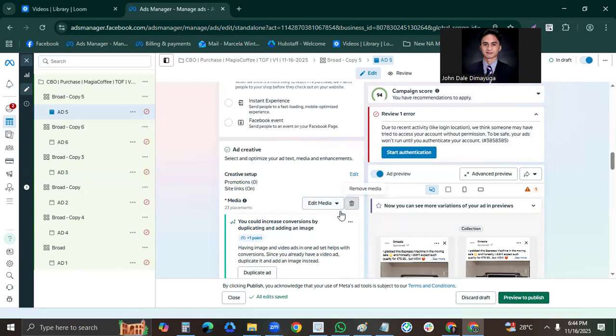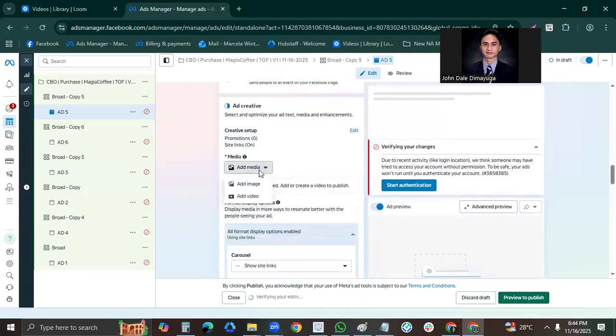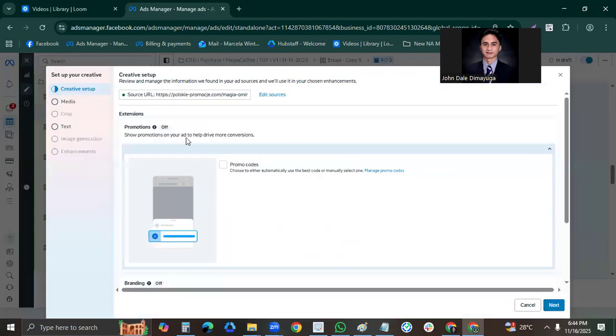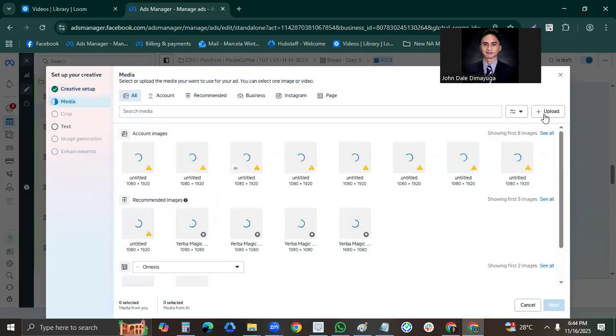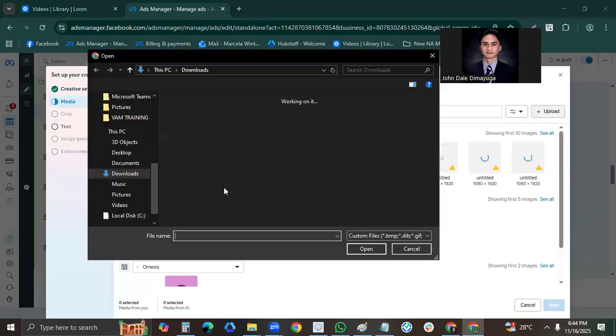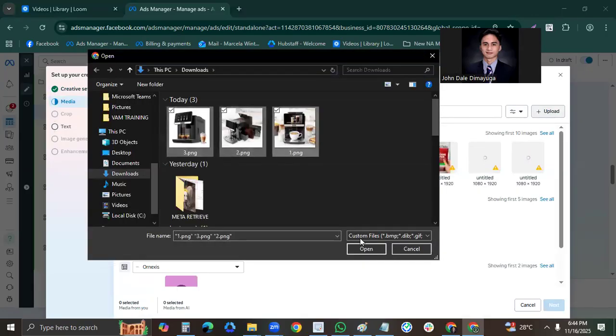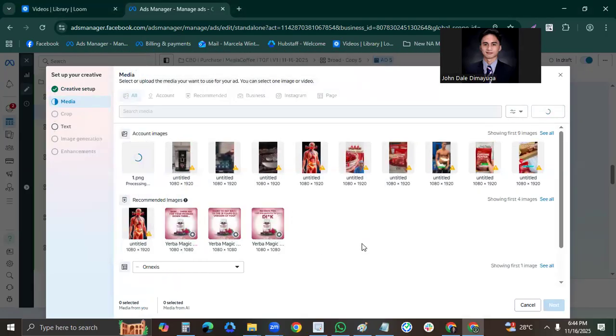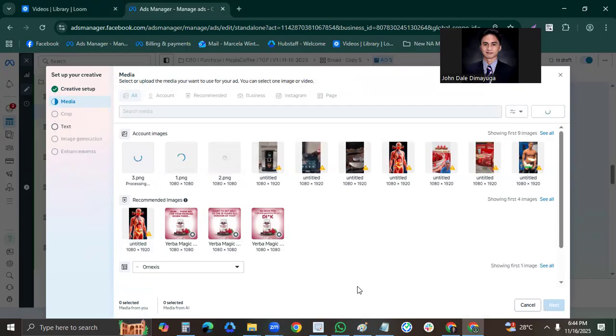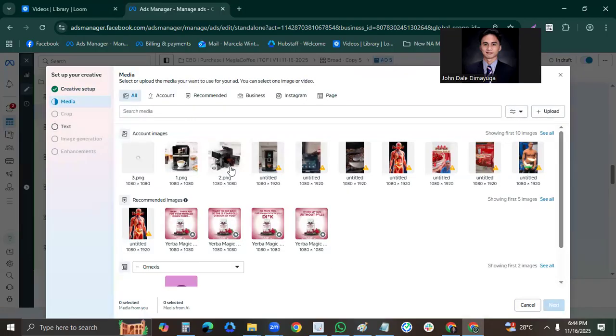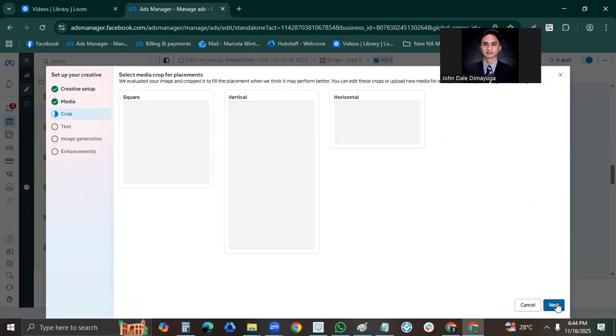Let's just delete, then add image, go to media, then upload the sample creatives here, the three Magia coffee and espresso machine sample product. And let's choose this one for this creative.